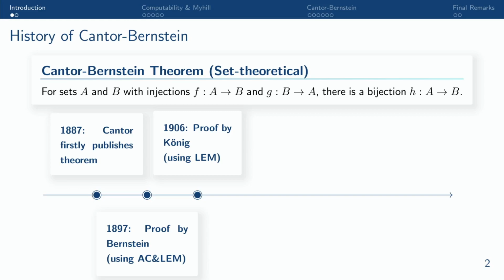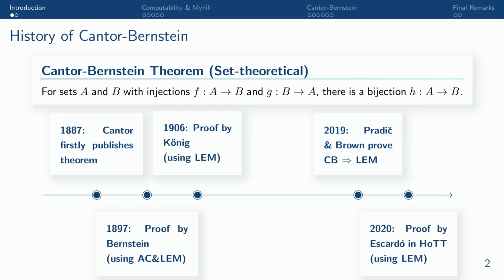and therefore the anti-constructive character of the theorem was quite early pretty clear. And then, around 4 years ago, it were Pradic and Brown, who indeed proved that the Cantor-Bernstein theorem implies the law of excluded middle, so classical logic is indeed necessary to prove the Cantor-Bernstein theorem in its full generality. Lastly, I also want to mention the work by Escardó, who worked in homotopy type theory and formalized,